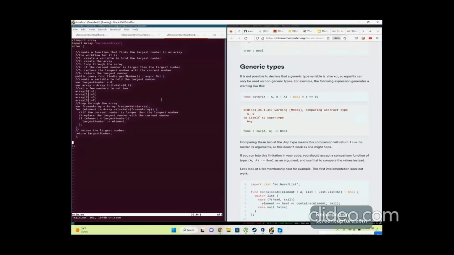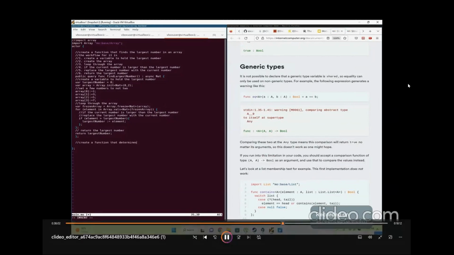I'll walk you through that documentation. In this programming exercise, we're just going to compare if two values are equal, but we're going to let it take in different kinds of data types. So create a function that determines whether two